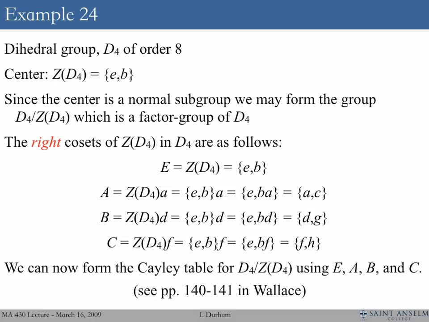But I think the basic gist is made pretty clear by the definition. Okay, and you'll note that the right and left cosets are only equal if H is a normal subgroup. So in this example, I've said the right cosets, but these are also technically the left cosets because the center is a normal subgroup. Okay,